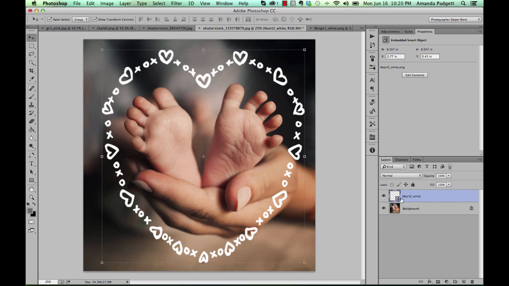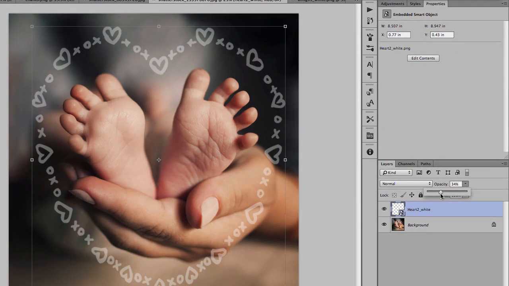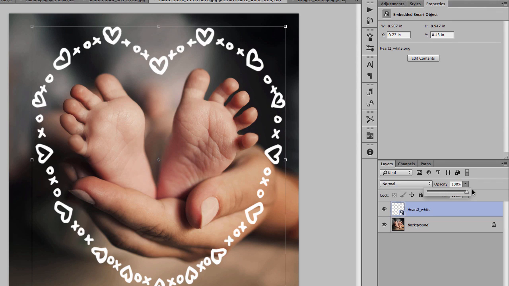So here we have it. Very sweet for this one. You can lower the transparency, or the opacity of it, sorry, making it a little more transparent if you want. See that, like that? We can do that. Or we can raise it back up to 100%. The other thing we can do is to